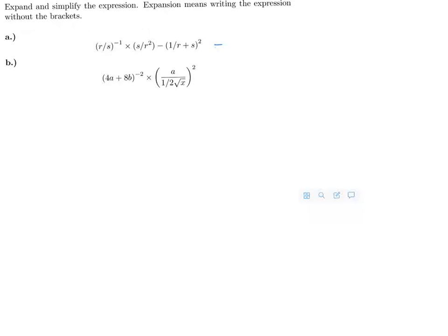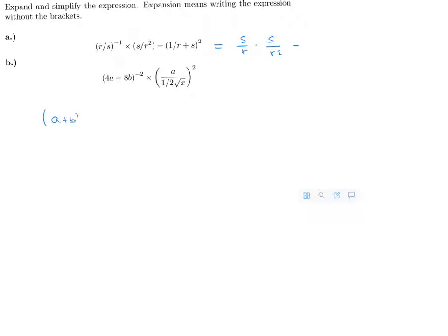Okay, so this is equal to, so first of all, when we have a minus in the exponent, we take the reciprocal. So r divided by s to the power of minus 1 is the same as s divided by r to the power of 1, but to the power of 1 we do not need to write this down, times s divided by r squared minus, and now this term here, maybe you remember the binomial formulas,